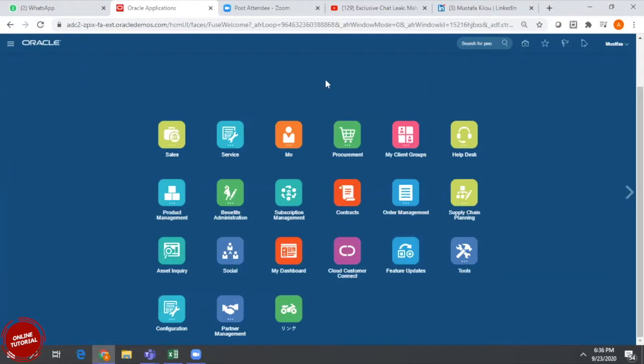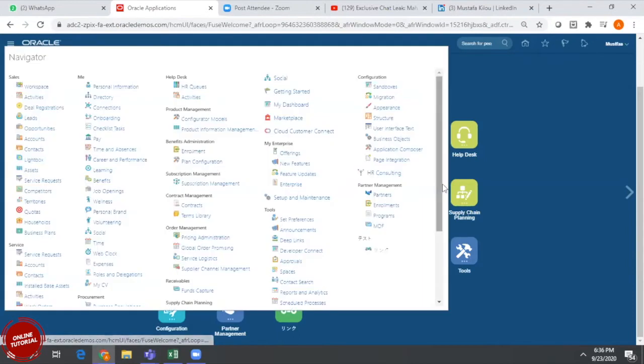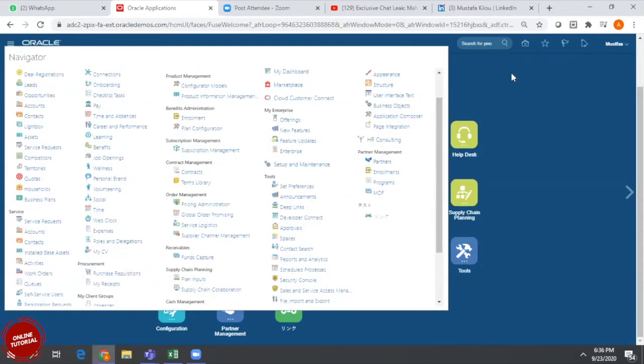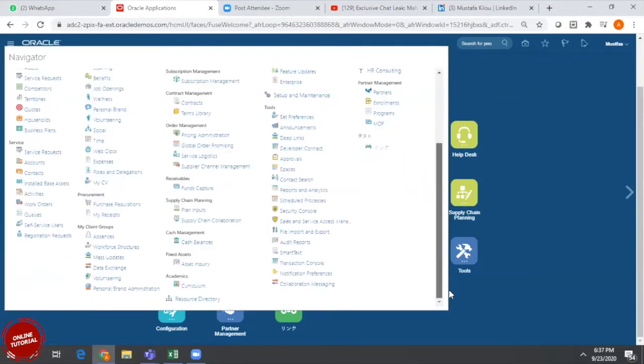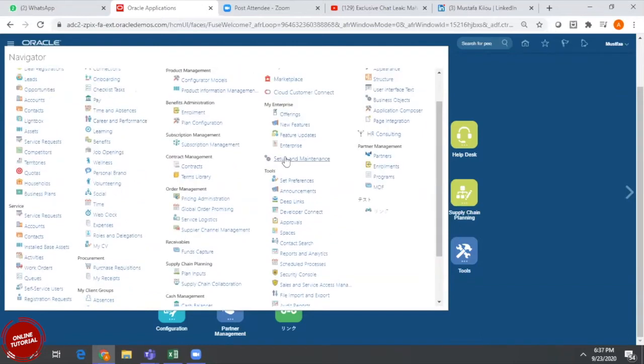One is for transaction purposes, and another access is for setup or configuration purposes, given as setup and maintenance. The reason I am getting the setup and maintenance access here is that this user has been assigned the application implementation consultant role.